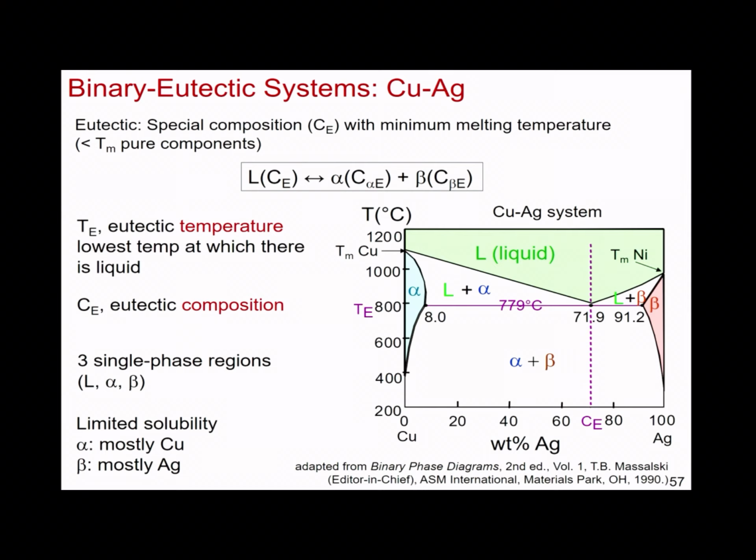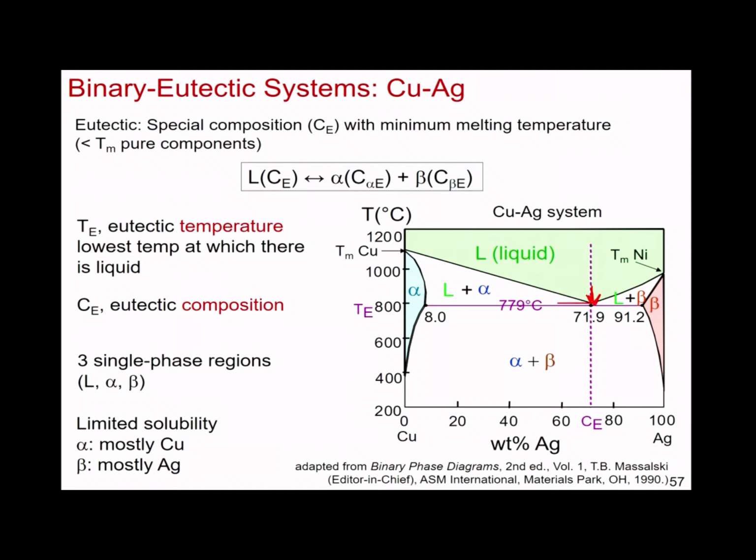And so what this eutectic binary phase diagram tells you is that you can go from a liquid, so that's L again, and instead of just going to one phase in the solid form, you can actually get two phases, particularly right at this point right here, when you go down in temperature